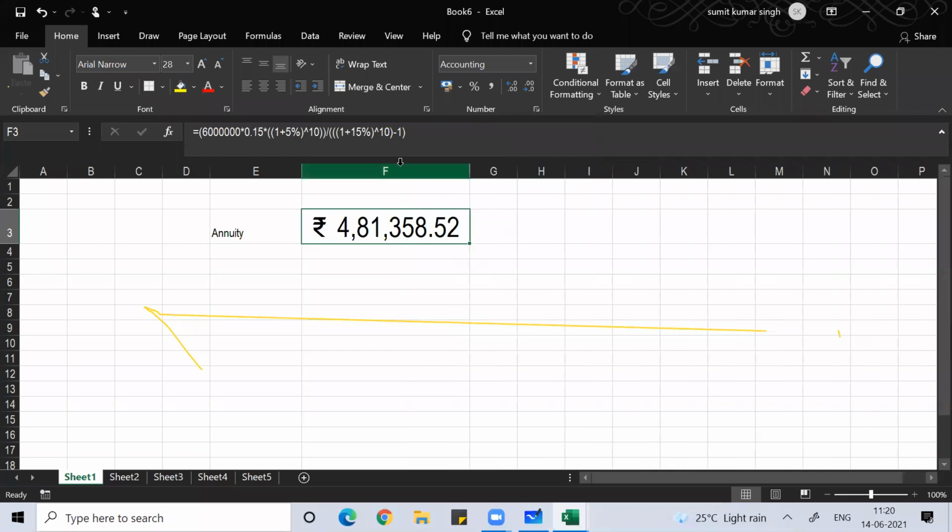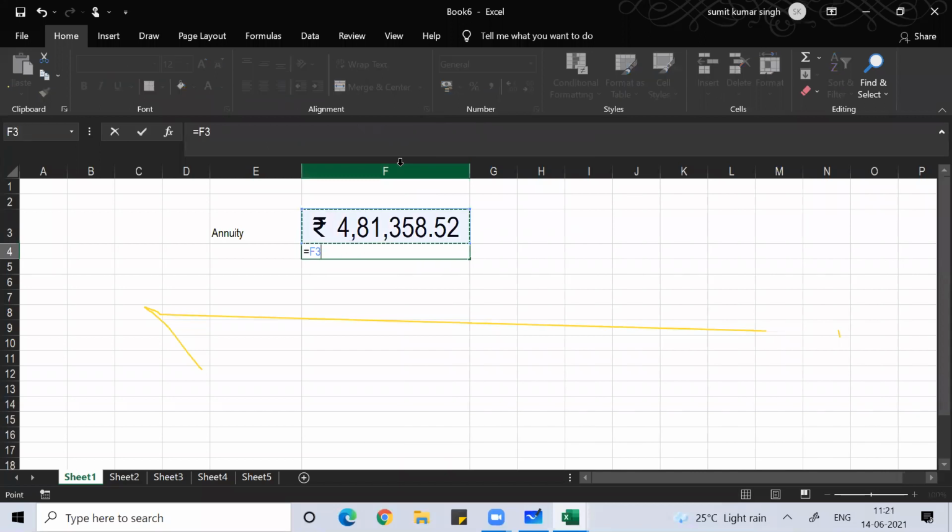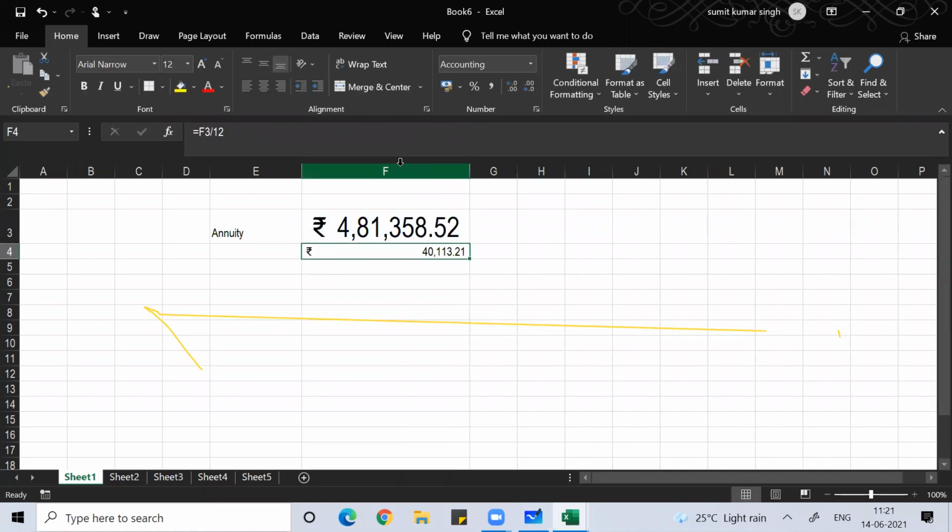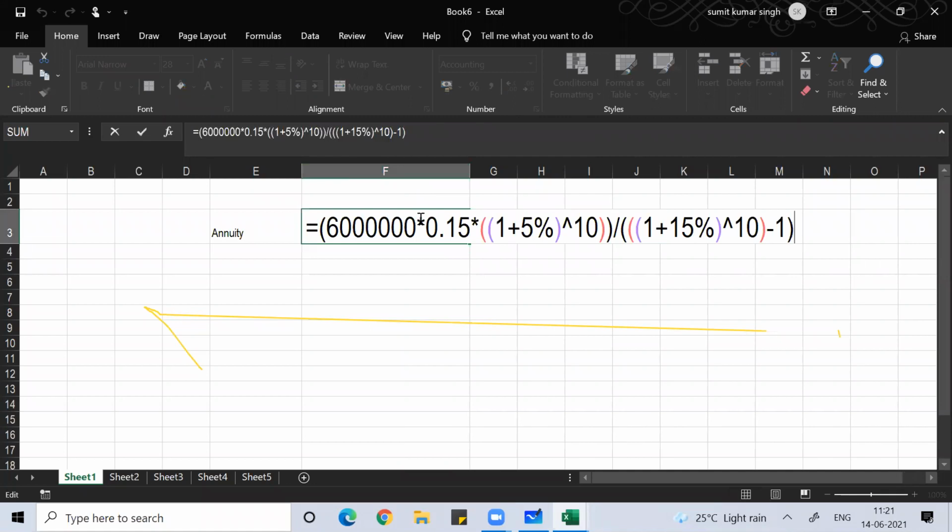So this much money I need to put every year into the bank. If I say per month, how much money? Approximately, this is not exact, around 40,000 rupees per month I need to put in mutual fund, giving me 15% interest per annum.